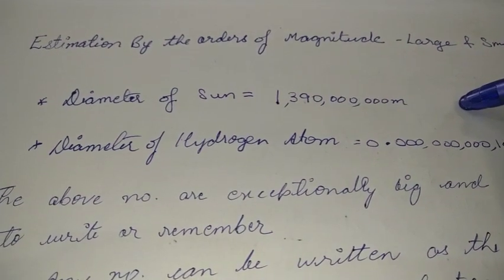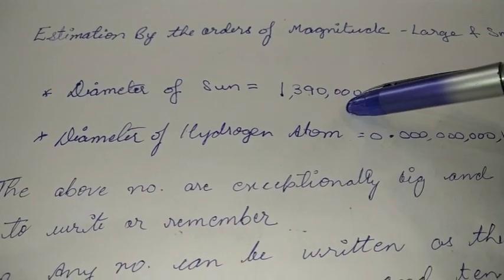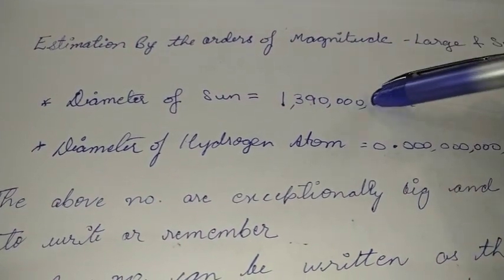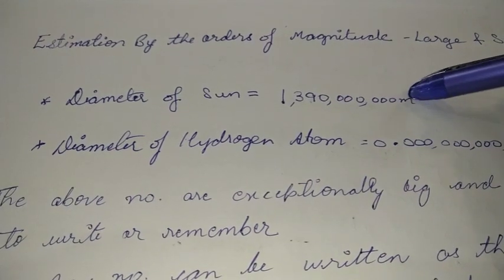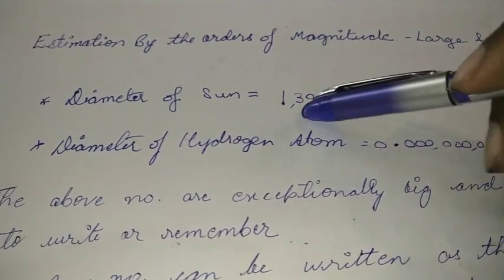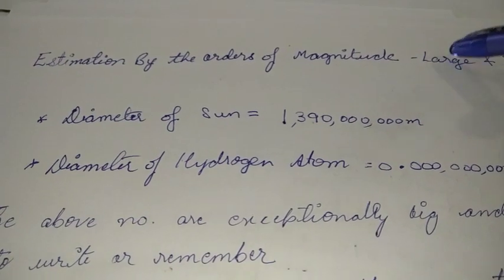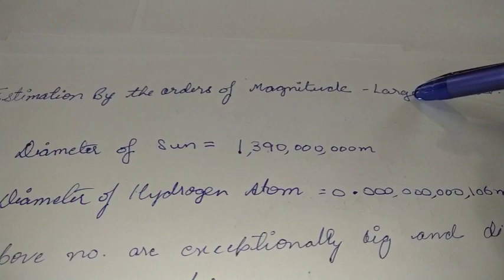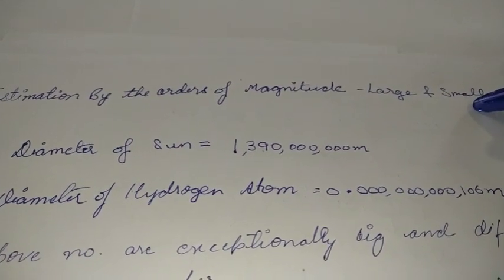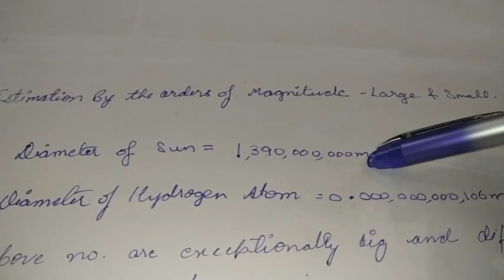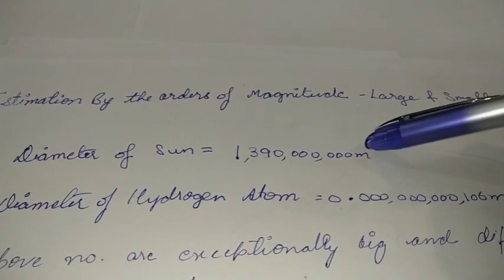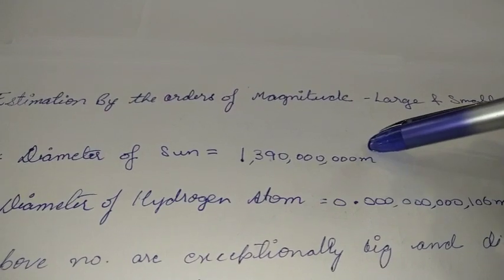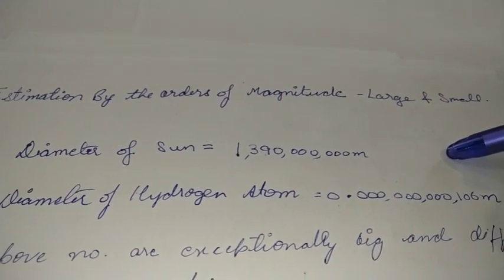Now let's take up an example like the diameter of the sun. We know that the diameter of the sun is 139000000 meter. So that is why we are having such a large value. That is what we discussed, that a magnitude could be a large value or it could be a smaller one. So right now, taking meter, it will be a larger value. If we take centimeter, it will be an even larger value, with more zeros getting added.